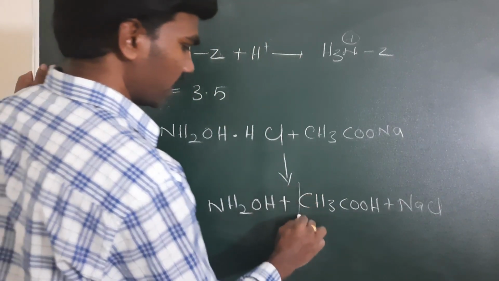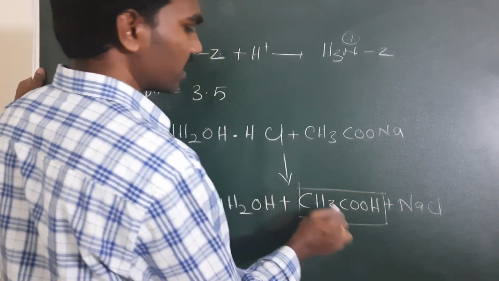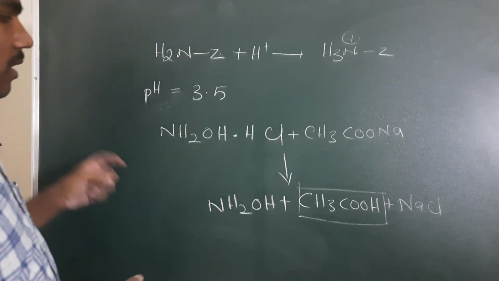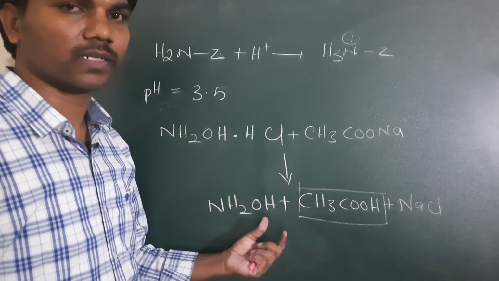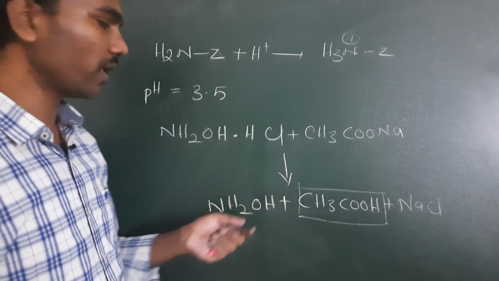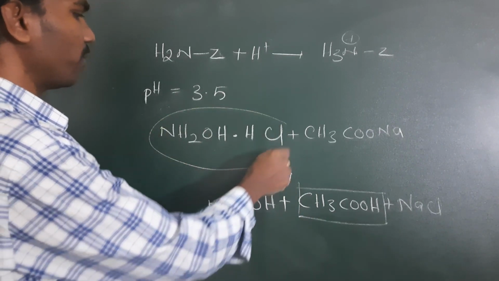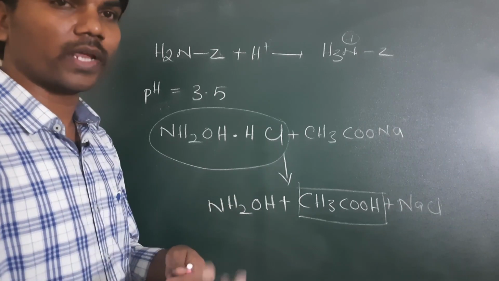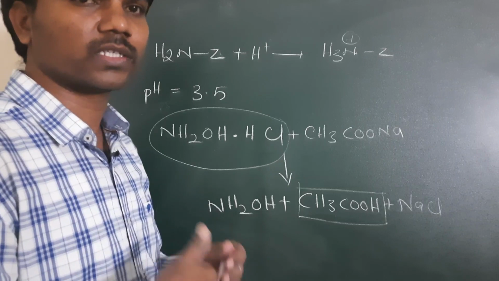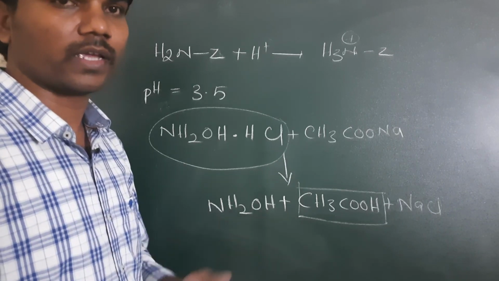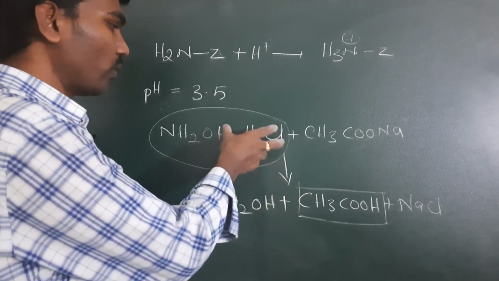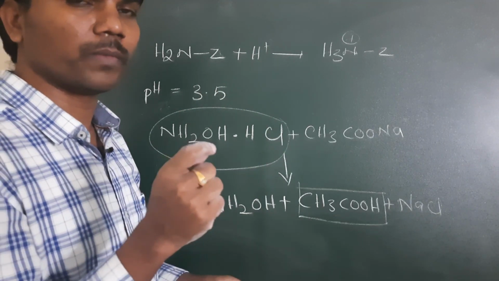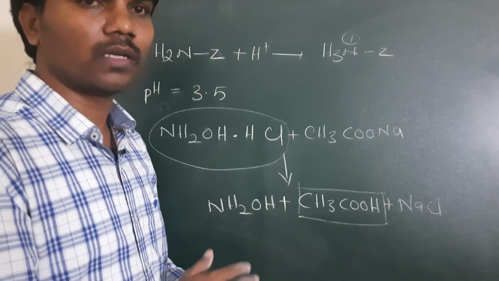Whatever acid is released in this reaction acts as a catalyst for the reaction, which is a benefit and does not disturb the reaction. That is why we always take these ammonia derivatives in the form of salt only. Why? Because they are more reactive and unstable, and there is a chance of reaction with oxygen or air. To avoid that, we take these compounds as salts. Here, maintaining a minimum pH value is important for the chemical reaction.